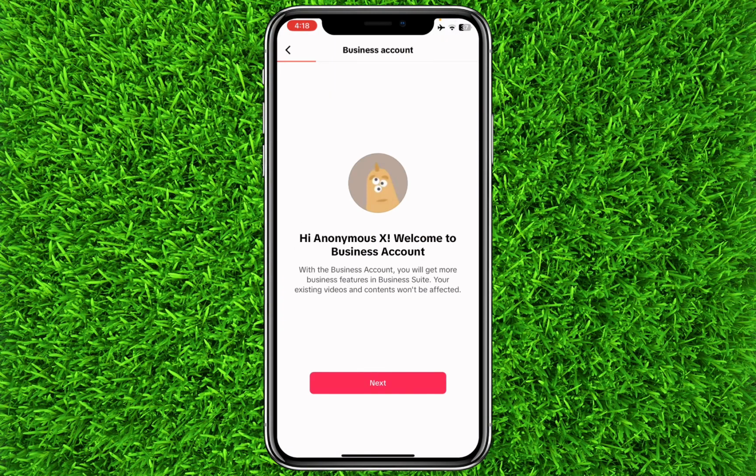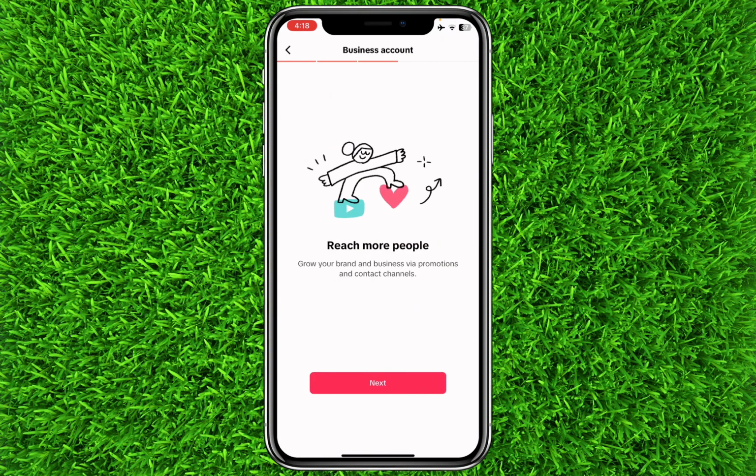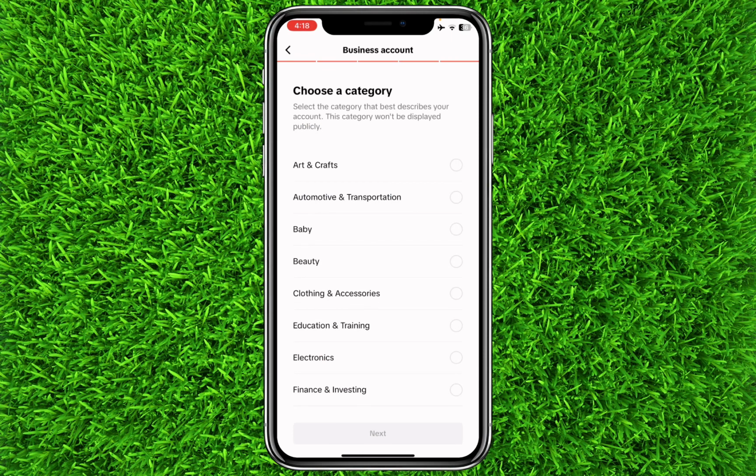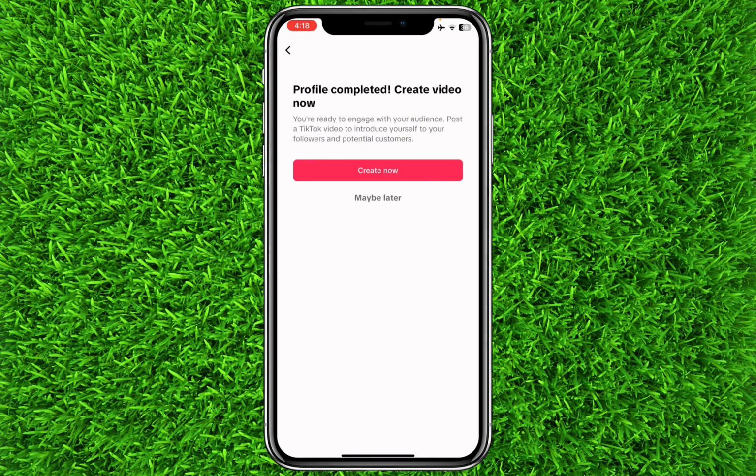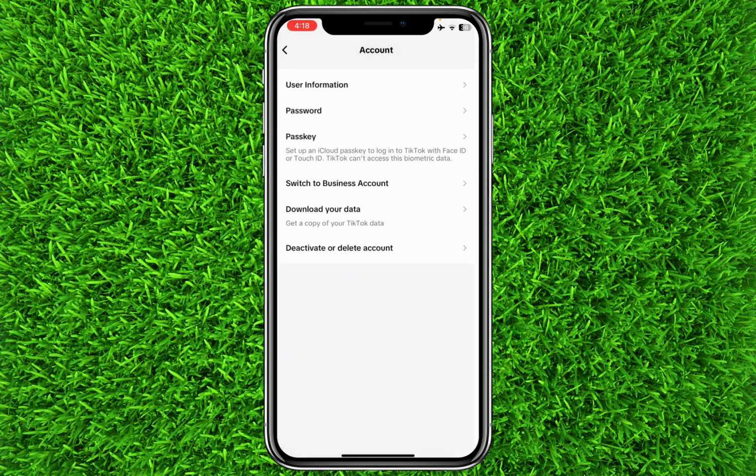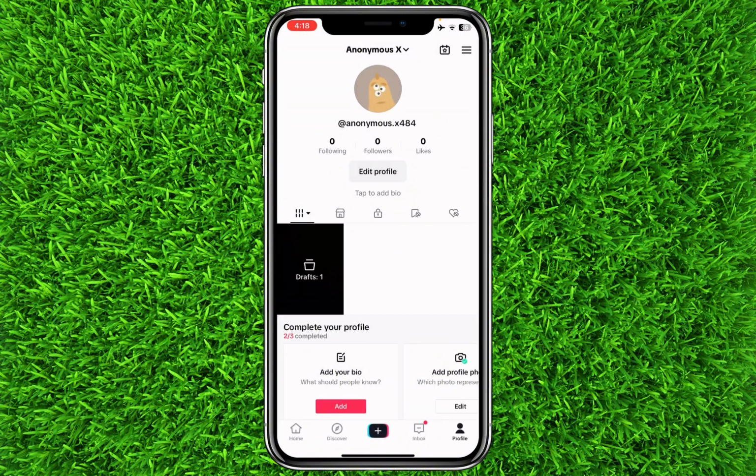Now you'll have to go through some steps and you can skip and click any one of them and click on next, and now click on skip, and now you could go back on your profile. And now when you tap on edit profile,